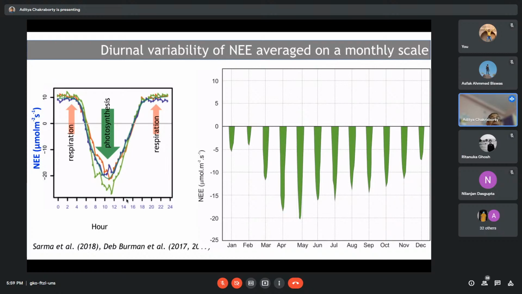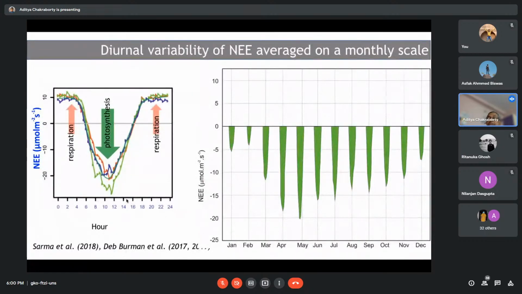Now, apart from the photosynthesis process, you have the respiration process, which continues throughout the day and night. But daytime respiration compared to the photosynthetic process is very, very low. At night you have only the respiration process. Hence, according to convention, it is positive. That is, carbon dioxide is being released from the biosphere to the atmosphere. It is shown by these two red arrows, pointing upward.